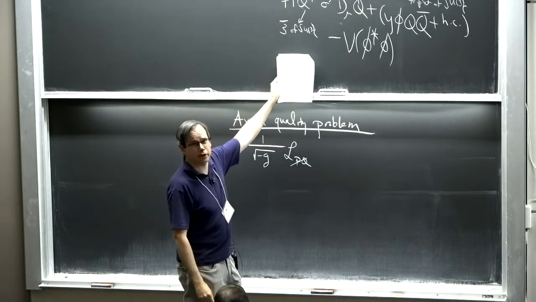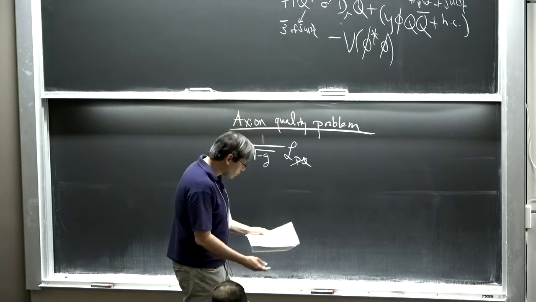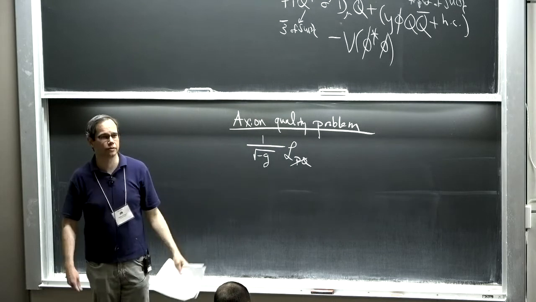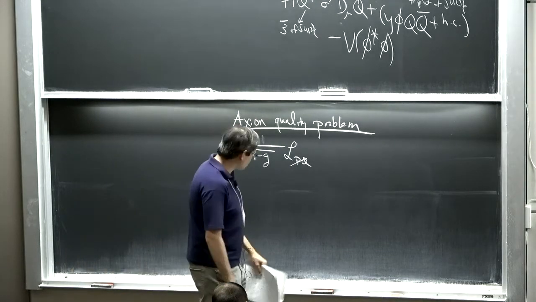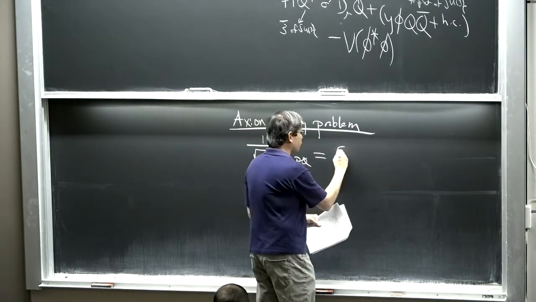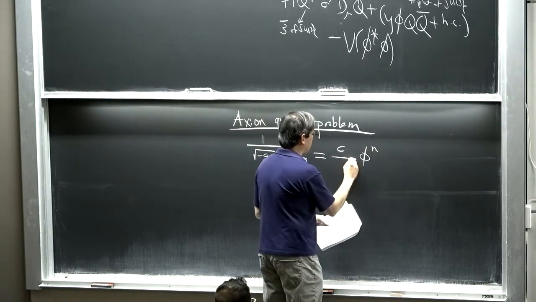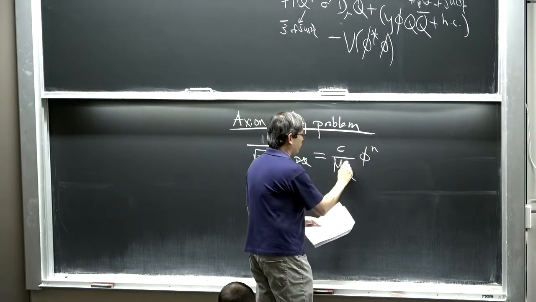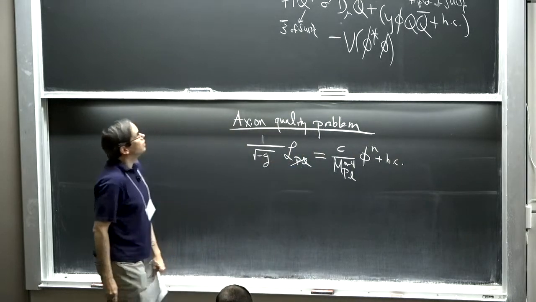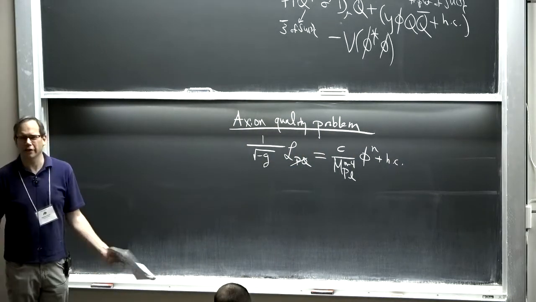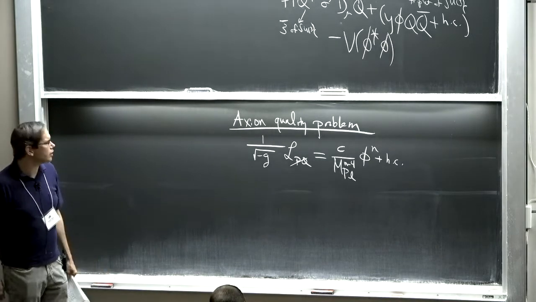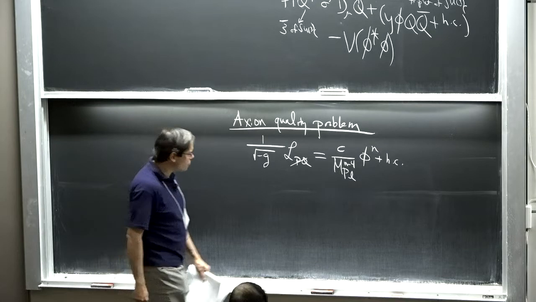Okay, so this Lagrangian had a global symmetry. Tomorrow, I'm going to tell you some reasons why you should not believe that global symmetries ever actually exist. Okay, so you could say, well, maybe there's an approximate global symmetry, but what if I write down some other term like phi to the n divided by, say, the Planck scale to the n minus 4? Okay, because I think at some level, something is going to break the symmetry. The Planck scale is kind of the highest energy scale we ever really care about. So maybe there's something like that.